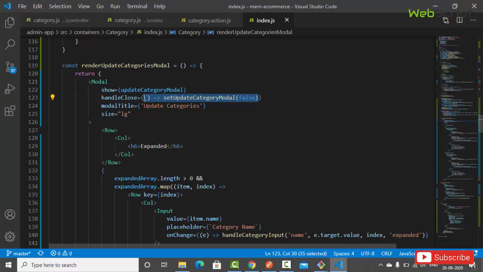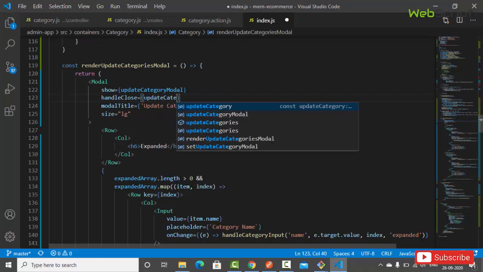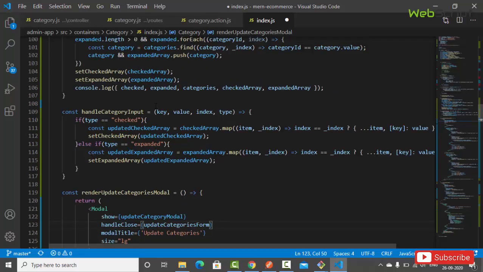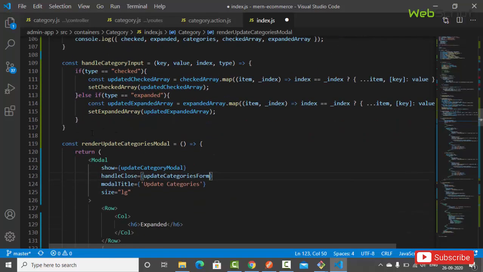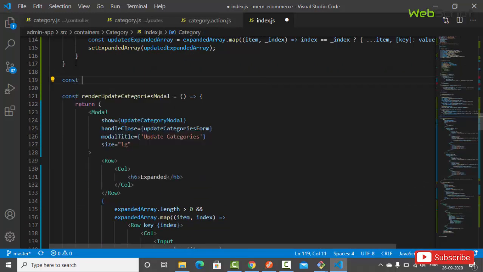Control Z. Okay, let's cut it from here, and let's create a function, like we'll say update categories form, right? Update categories form,